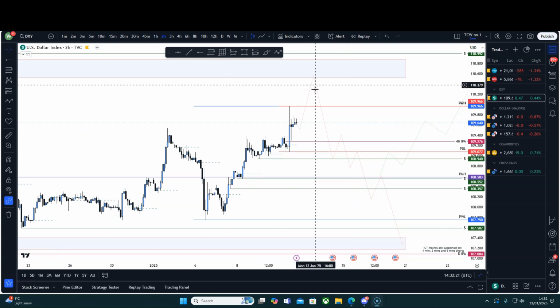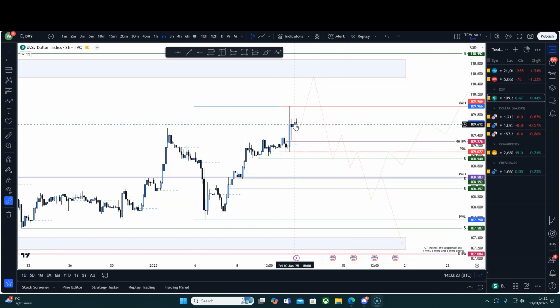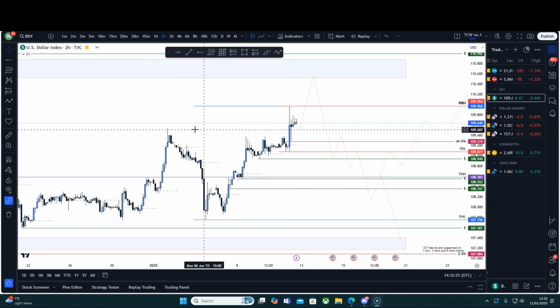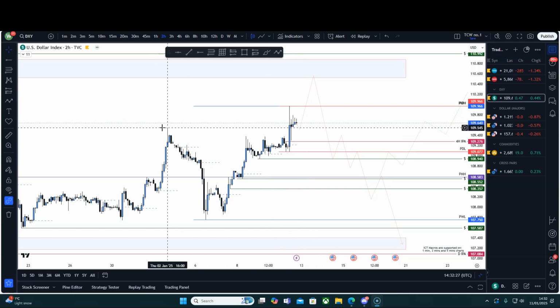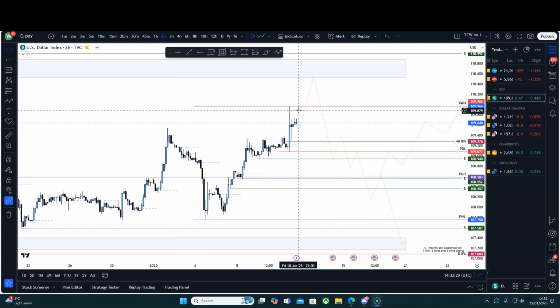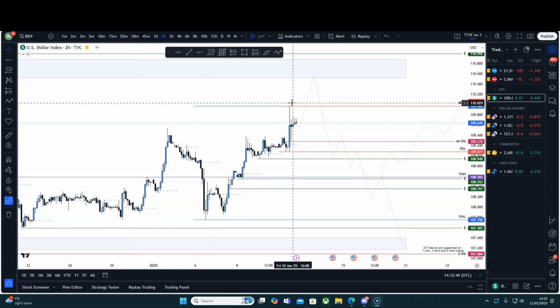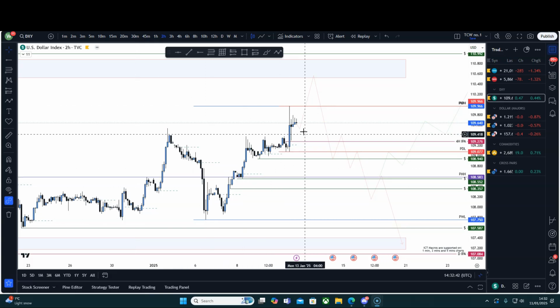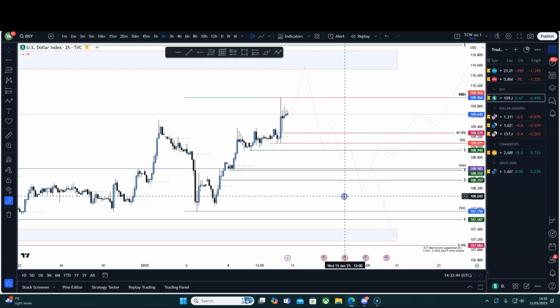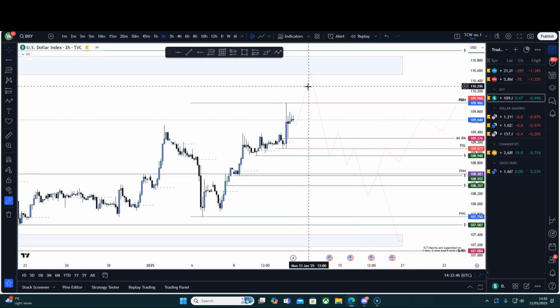Now, we may not get that last liquidity grab. This may be it, because we can see we've grabbed this and we're only barely closing above this previous high after an expansion to the upside without a major retracement. Like this, for example, we pushed up. What happened? We had a deeper retracement into discount levels before seeing the move up. We have not yet traded into those discount levels.